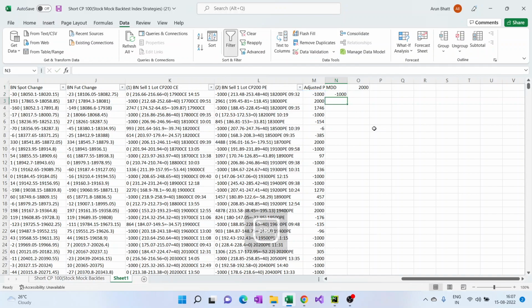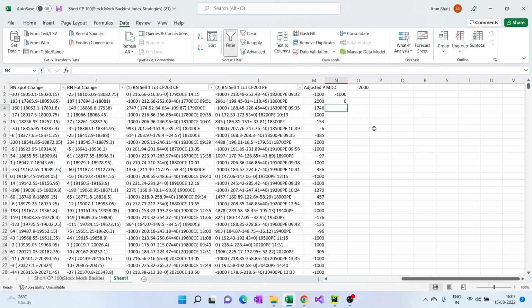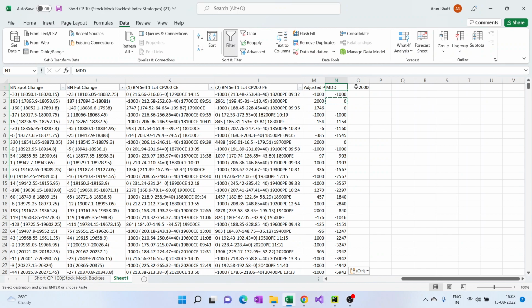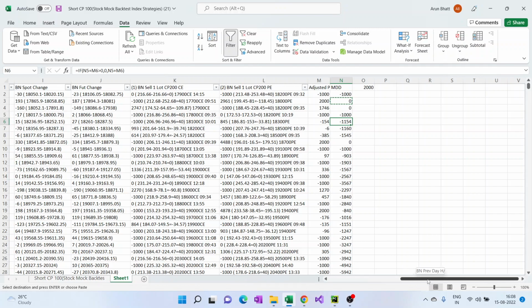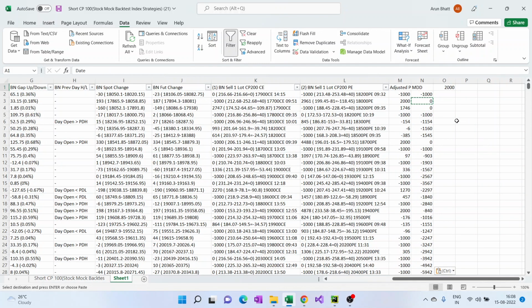So MDD, so now with this 2000, the MDD is around 13K, which is not favorable. Like the profit has reduced and the MDD has also increased. So there's just one combination, but what if we want to run it, like say I want to run from